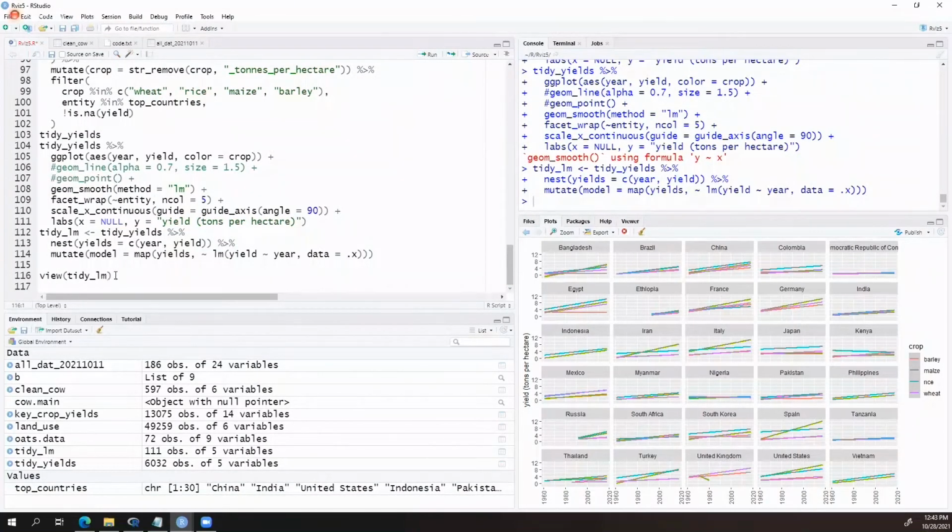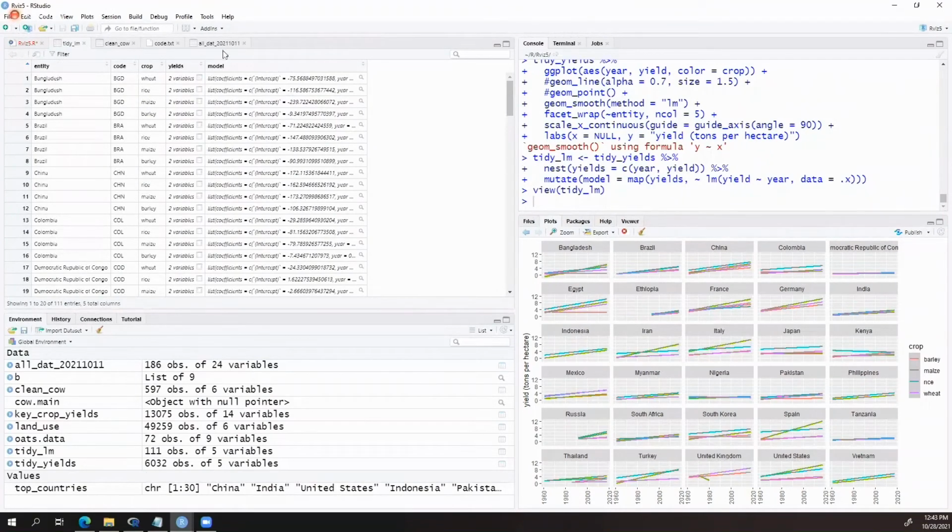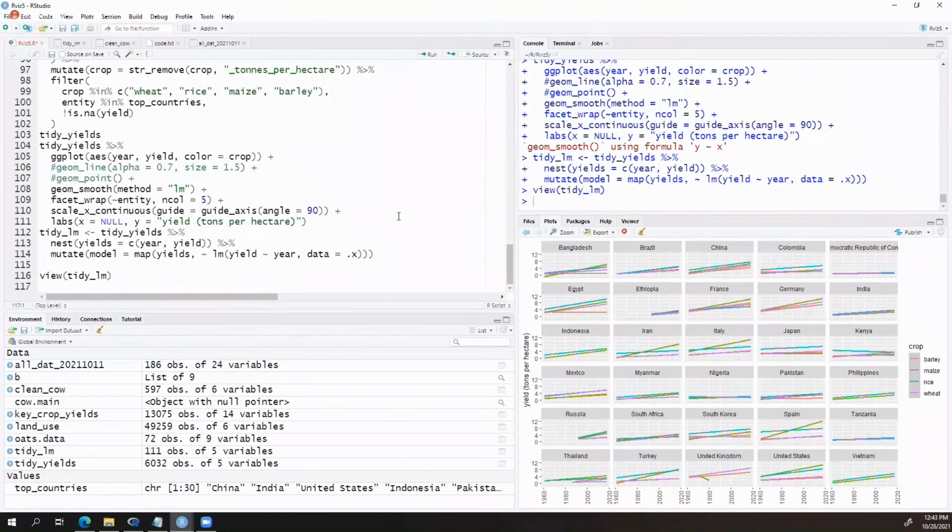And now let's view that. And you see that the entity is the country, it's got the country code, it's got the crop, and then these fields are nested. And so in order to be able to visualize those, we have to figure out how to look at that.